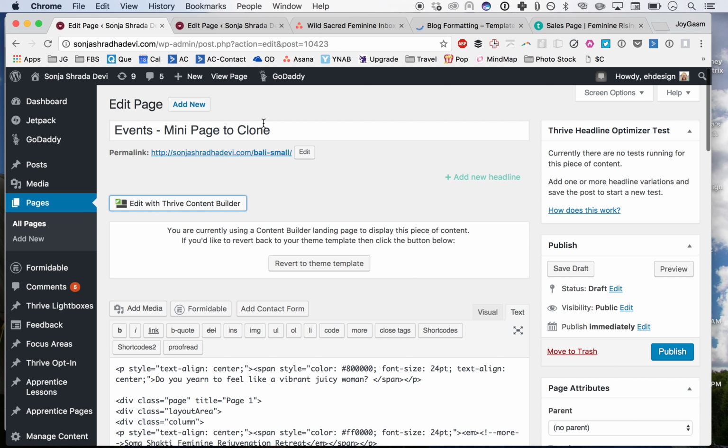So this is an example. This is a clone page that we've created that lets you do an event. And if we go over here to all pages,